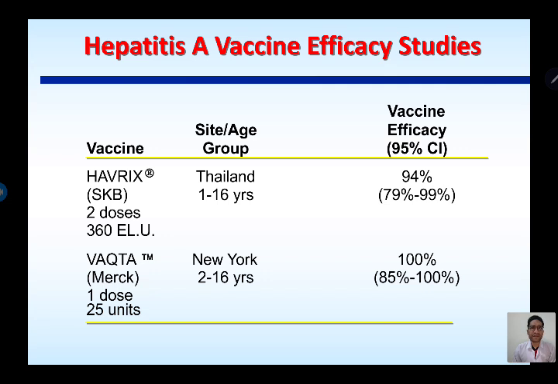Hepatitis A vaccine efficacy studies. You can see the Havrix, SKB, 2 doses, 360 ELU, Thailand, ages 1 to 16 years, vaccine efficacy is 94%, 95% CL 79 to 99. Vaqta, Merck, 1 dose, 25 units, New York, 2 to 16 years, and 100%, 85 to